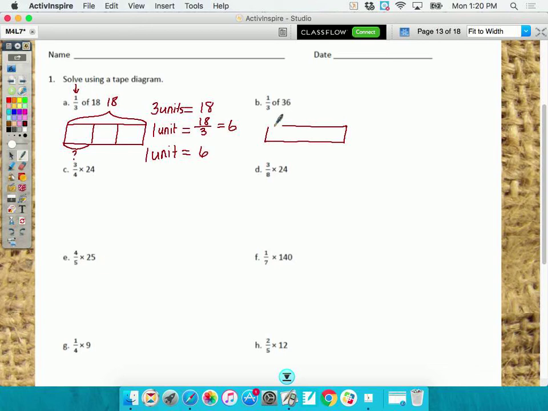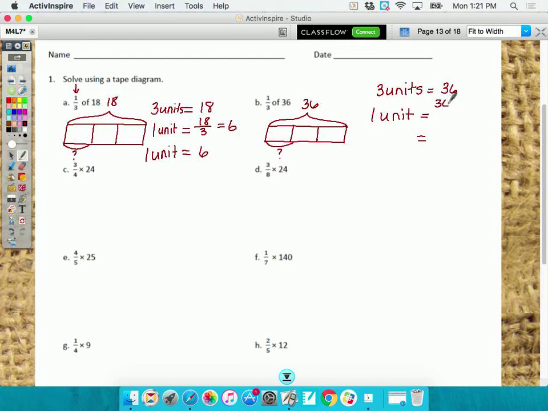It's quite simple also. Do we have a total? Yes. What is it? 36. What's the denominator? Okay, what are we trying to figure out? Well, 1/3. 1 unit. So how many total units do I have? 3 units equals 36. So it's going to be 4 points for every single problem because you've got your drawing plus your 3 equal signs. 1 unit